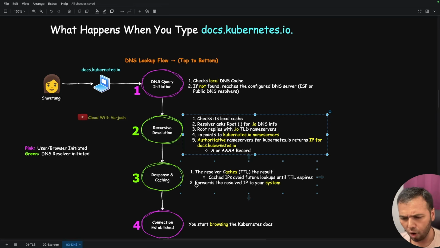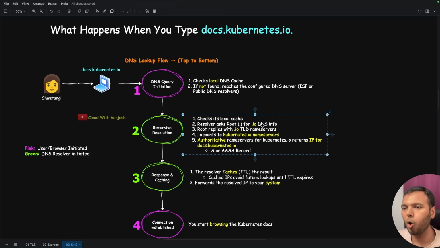As simple as that. For example, the name servers for root respond to queries about the root, while .io TLD name servers respond to queries related to domains under .io. As simple as that. You will often hear name servers referred to as DNS servers or DNS name servers. These terms are commonly used interchangeably. So if I say name servers, if I say DNS servers or DNS name servers, I mean one and the same thing. So let's read what happens.